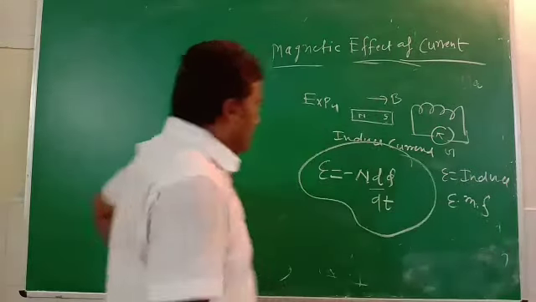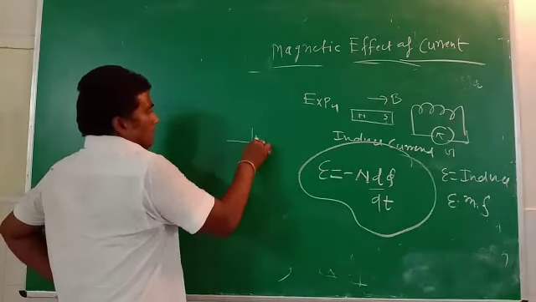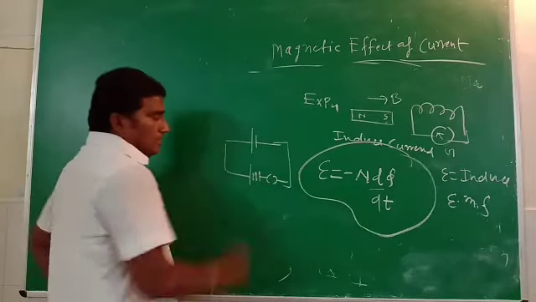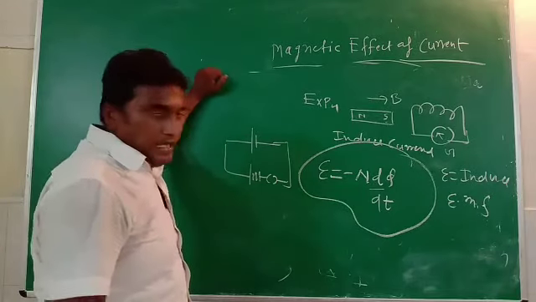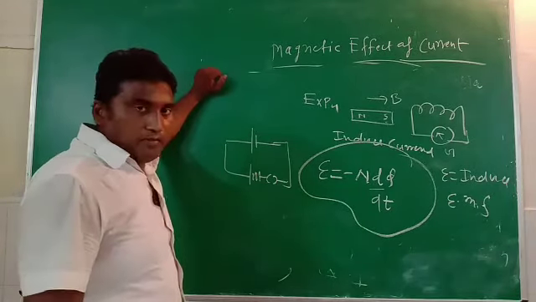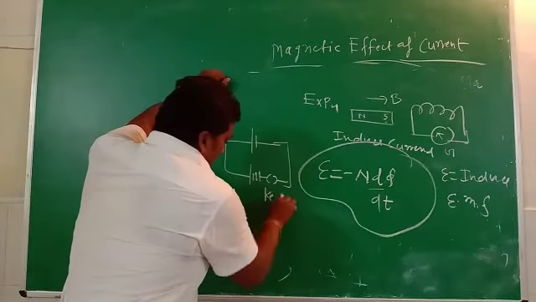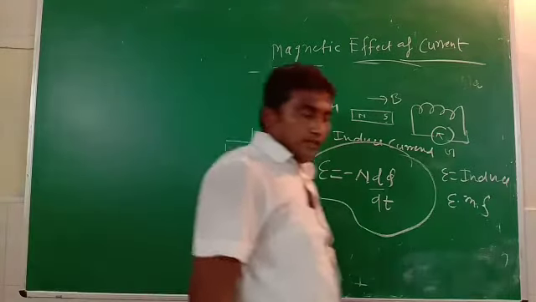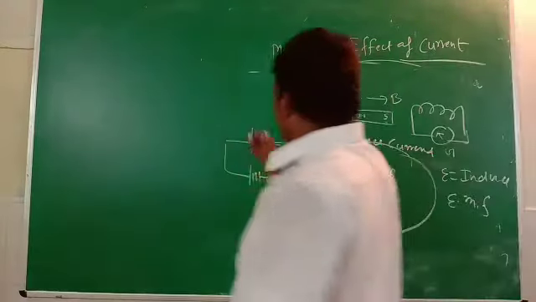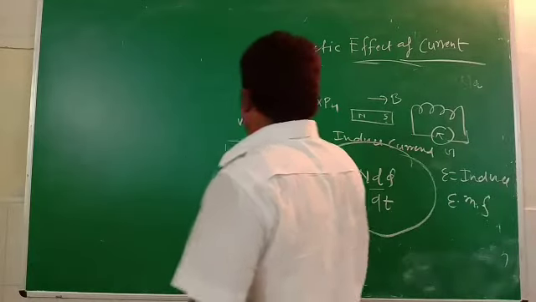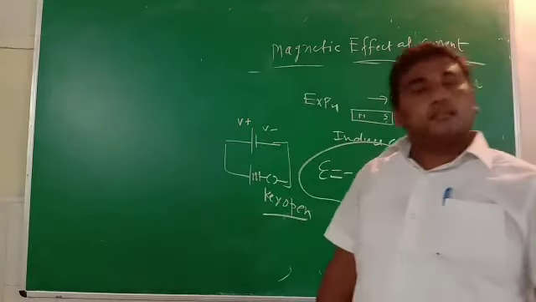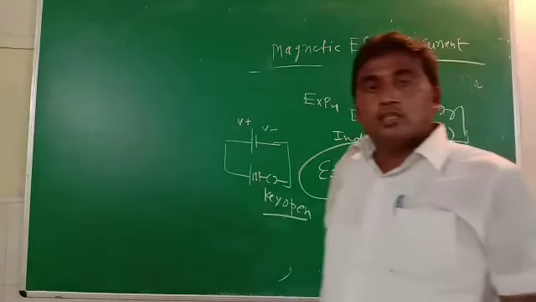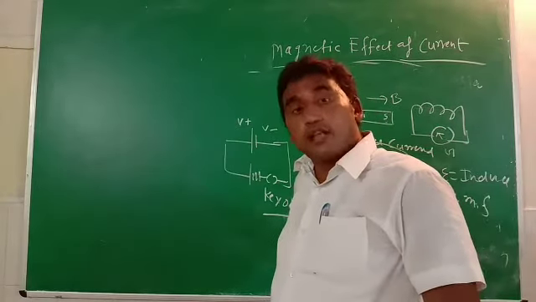Now it will be easily explained by our circuit diagram. That is the combination of battery, cell and key. In the figure we observe that the key is open. When the potential difference is developed between the positive and negative plate of the cell while the circuit is open, that is called the EMF. If the key is closed, then it is converted into the form of terminal voltage.